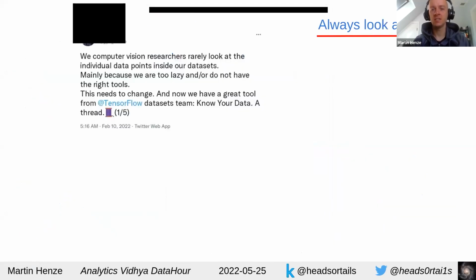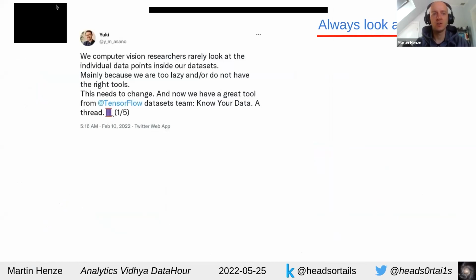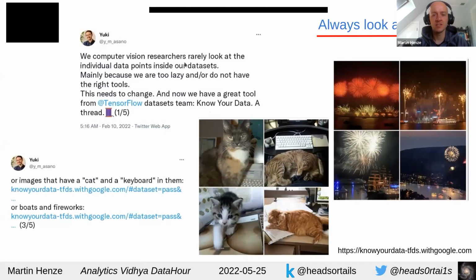And always plot your data. Like I said, it's easier to do with tabular data where you can just do X, Y, and all of that. But there's also methods to do it with NLP data or with image data as well, right? So this was a post on Twitter relatively recently where somebody introduced the Know Your Data tool from the TensorFlow team, and there are other tools like this out there as well. But essentially, they would allow you to kind of query all the images that have a cat and a keyboard in them,